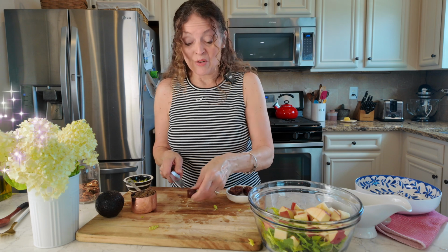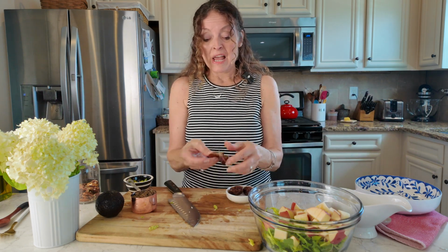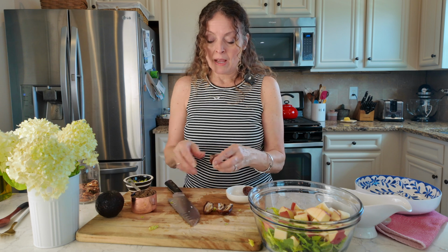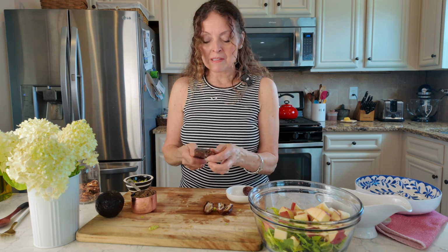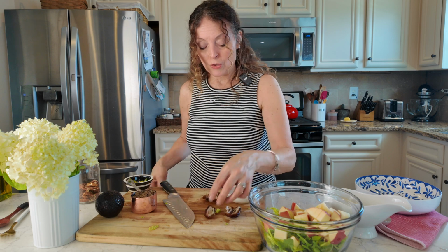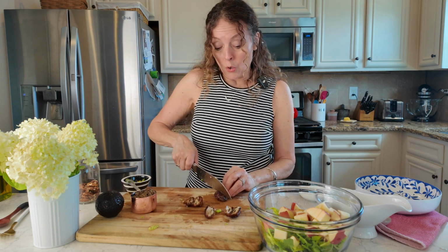This is the part that's going to be a bit unusual maybe to you. It's dates. Now, I always buy my dates with the pits in them. They're so much fresher that way. And I like to buy the big carton of them at Costco. They're very reasonably priced, and I use them for all kinds of treats, all kinds of date and cocoa fudge